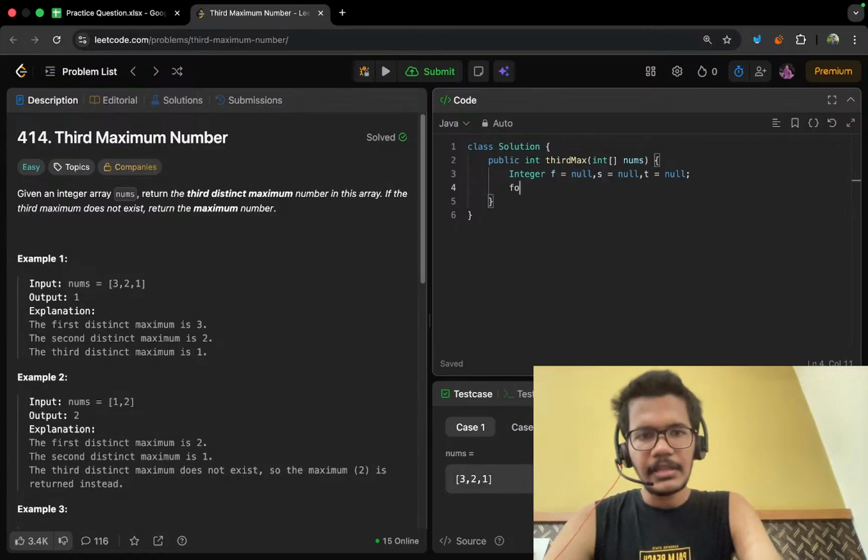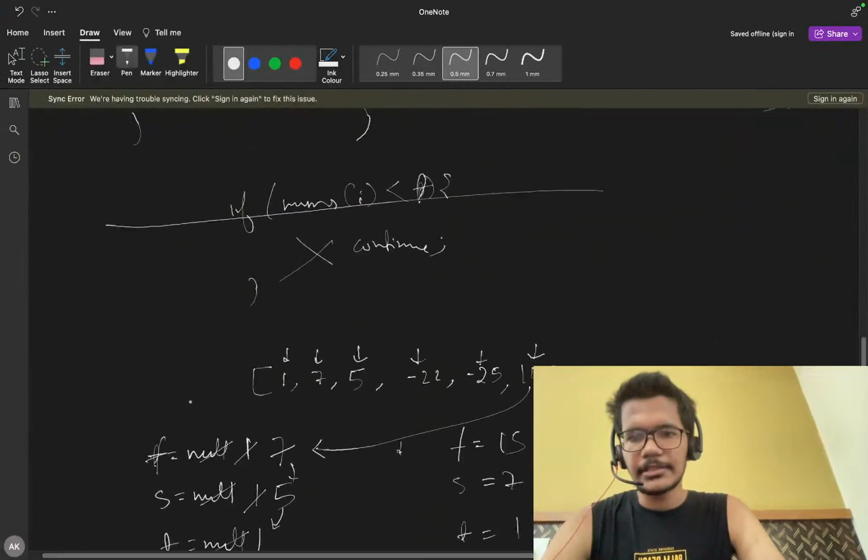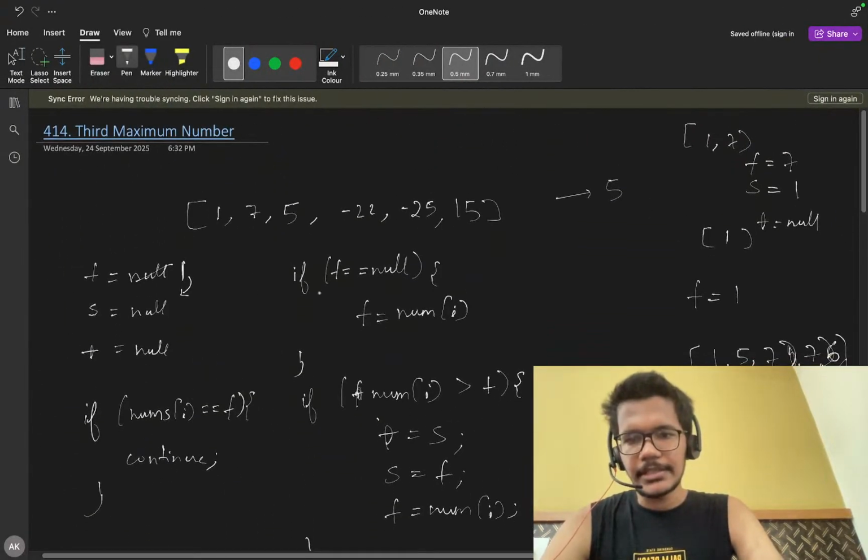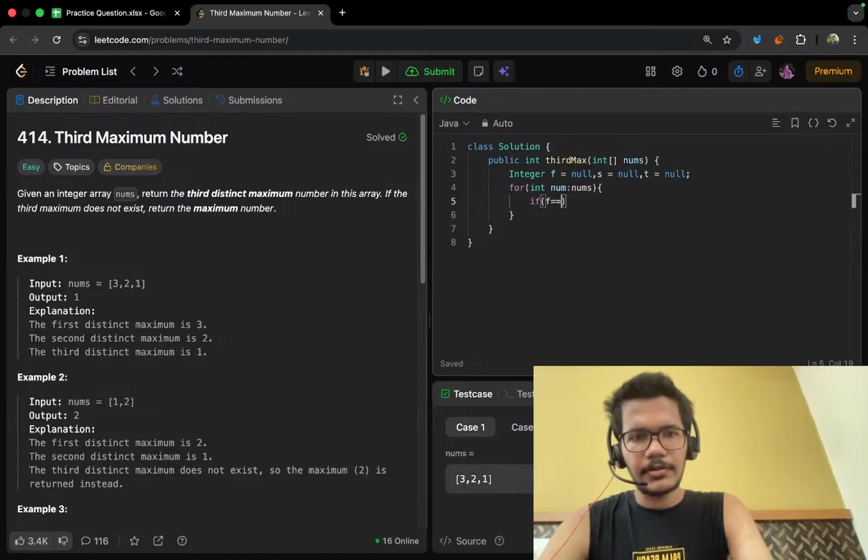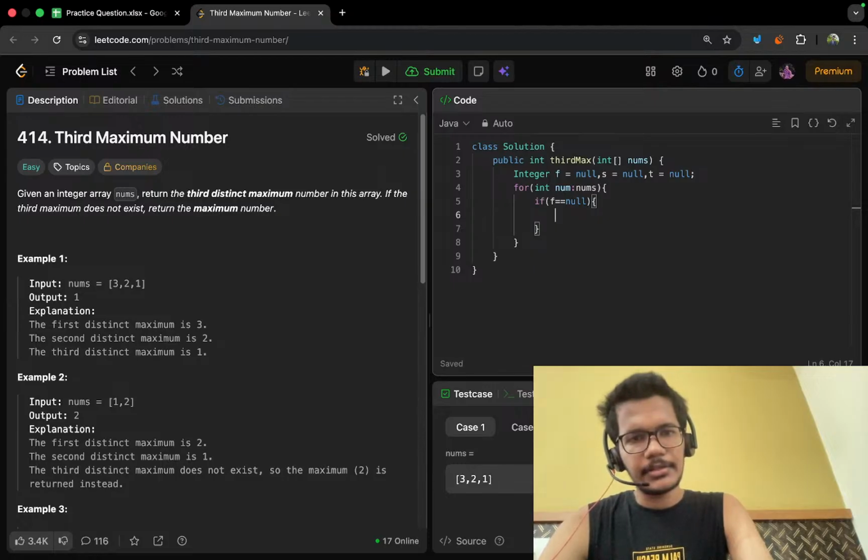Okay, then we have to iterate over it. So int i, so let's make it i only, and nums. I have to iterate over it, or I can name it num. Okay. So what is the first condition here? The first condition is that if f is equal to null, then we just have to simply make it f is equal to num,